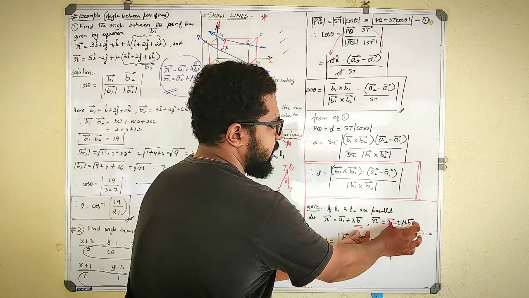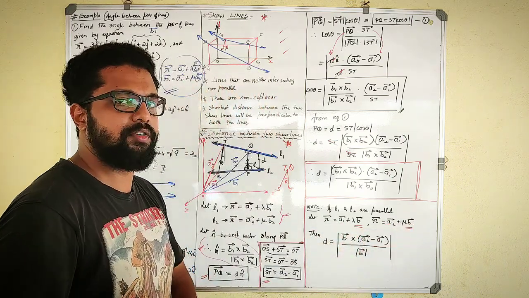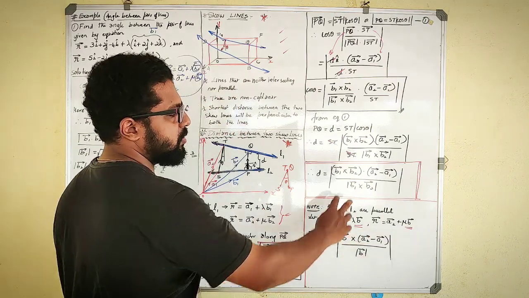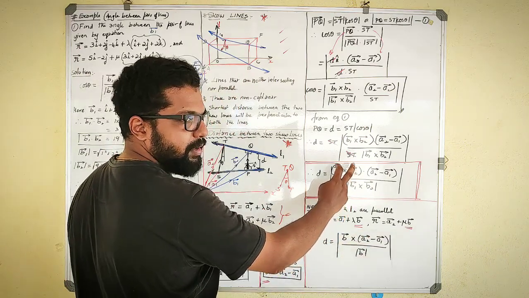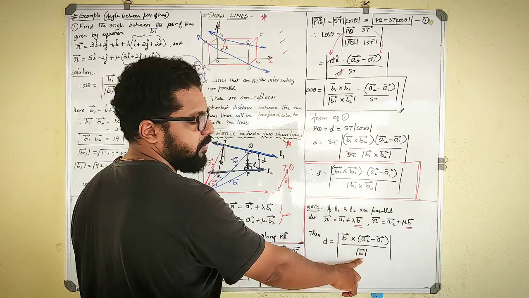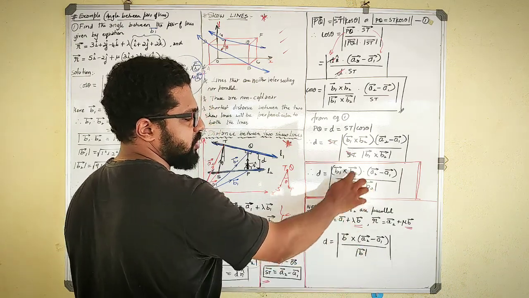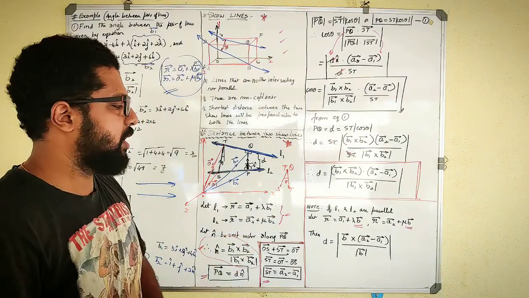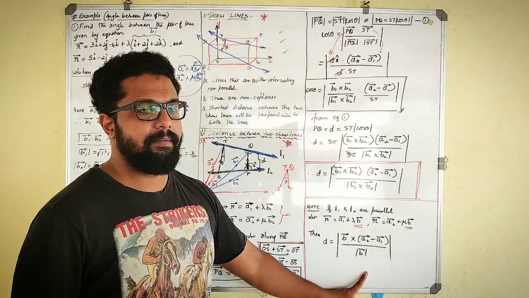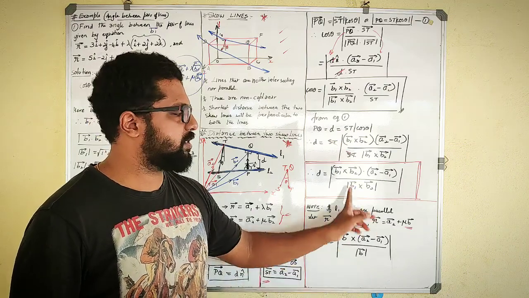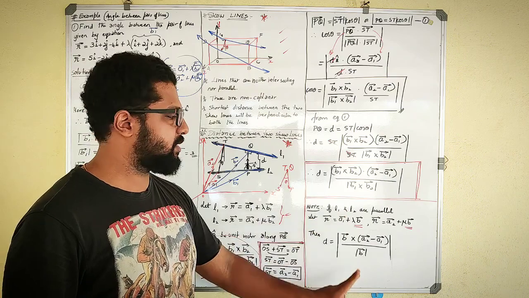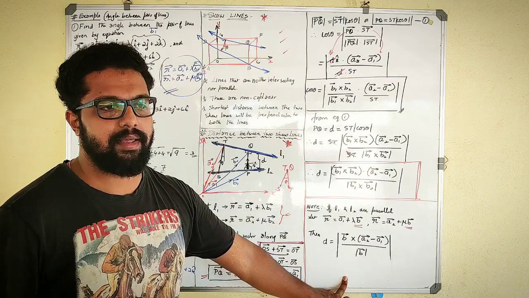So whatever is in the second part of that equation is going to be only one, that is simply the B vector. Instead of writing B1 cross B2, I will simply write the B vector, and also the magnitude of the B vector. Just that small change. Whenever the two lines are parallel, it is going to be B vector cross A2 minus A1 divided by magnitude of B vector. That is just a small change. This is for the distance between skew lines and this is the distance between two parallel lines.